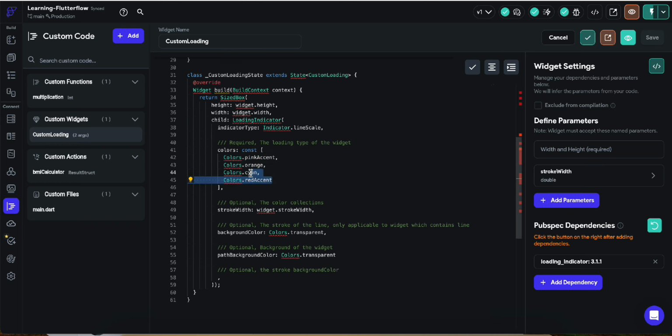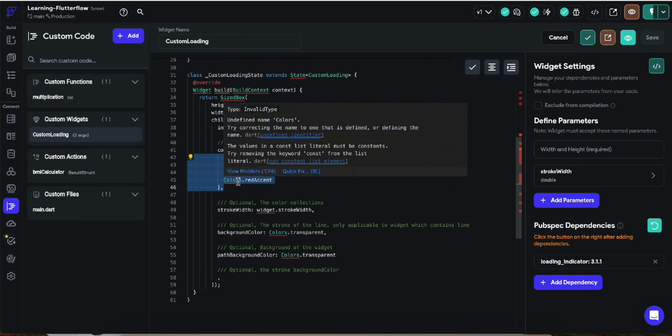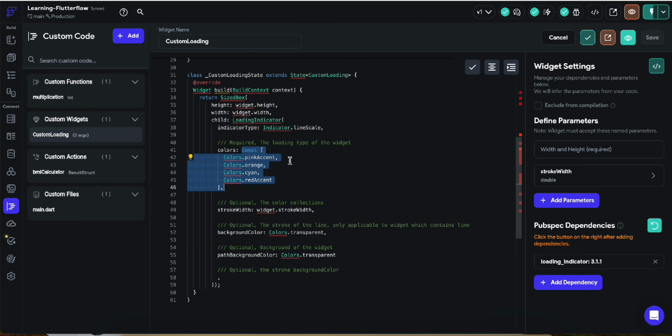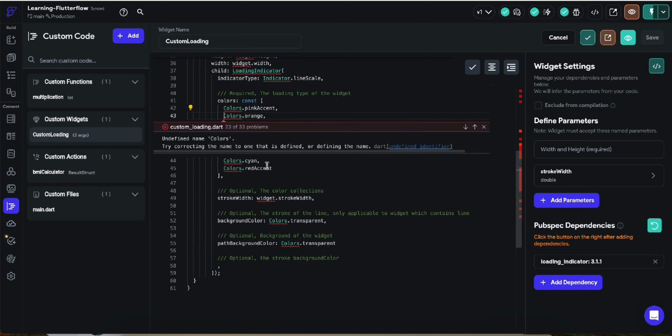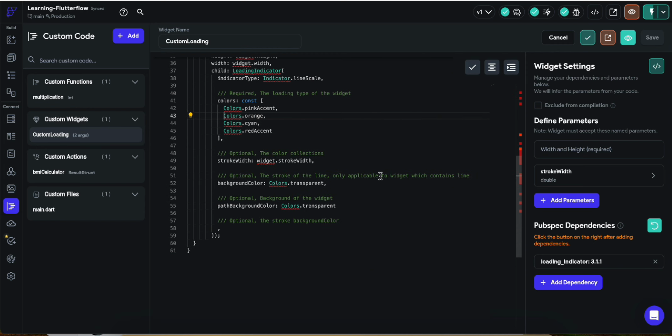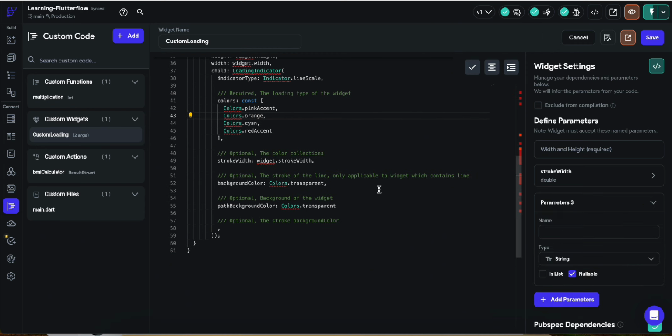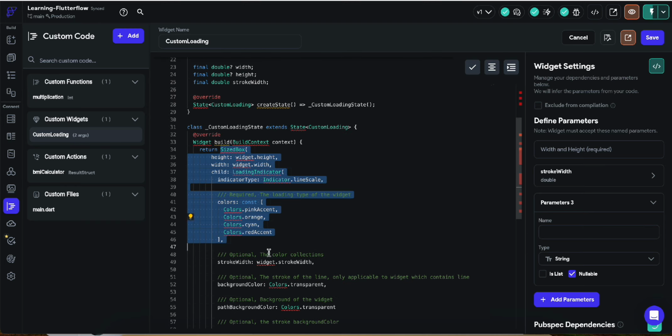If you have any questions, you can let me know. Let's suppose we don't want to pass hard-coded colors. We want that for one specific page we want only pink and orange color, and for the other any other colors. So let me create another parameter, but before creating the parameter you must copy this section,